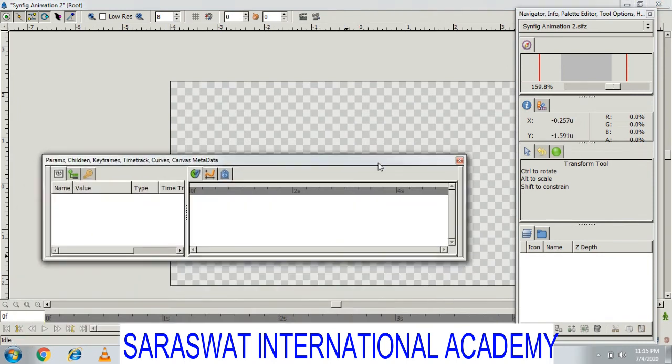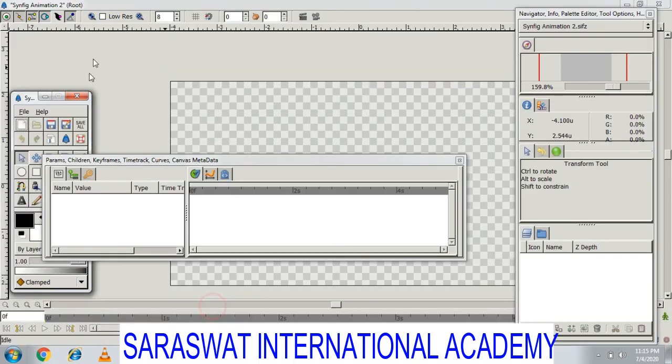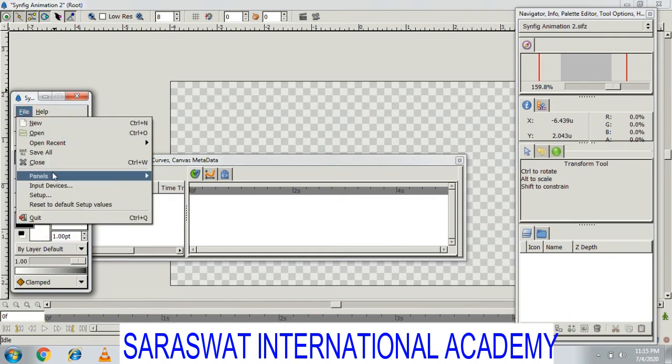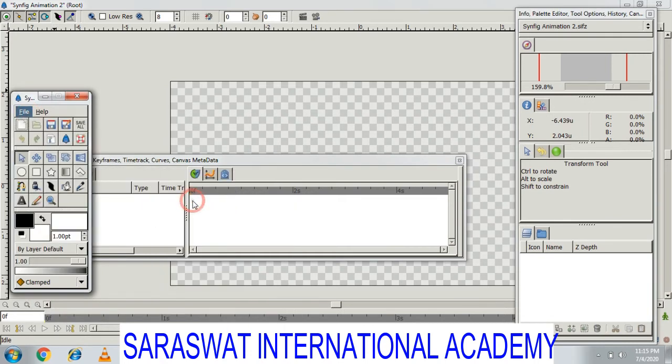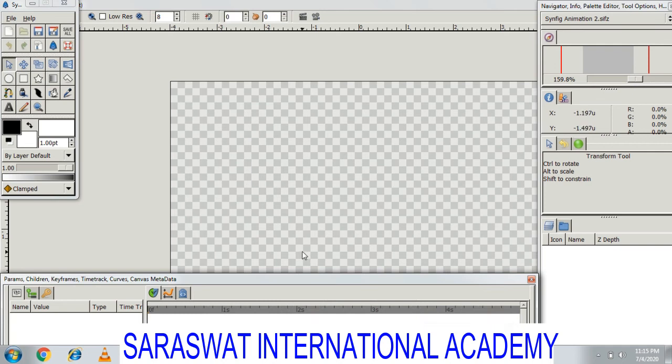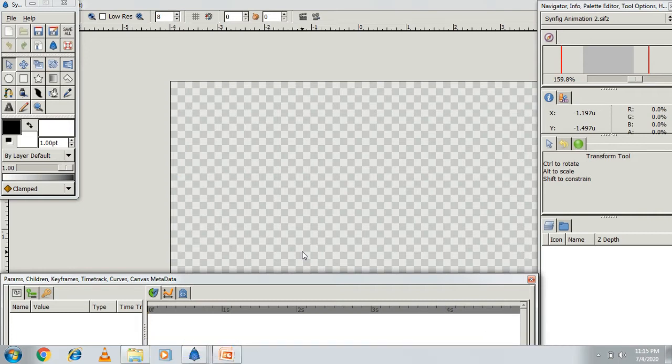Now in this session we are going to learn how to create a new file. First of all, in the toolbox I will set all the windows and panels in their places. Okay, it's set now. Our first practical is how to use a circle and how to apply color on it.